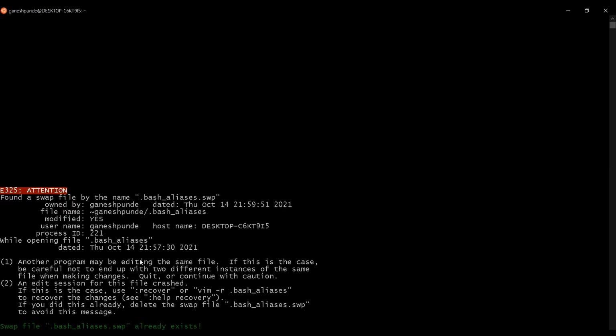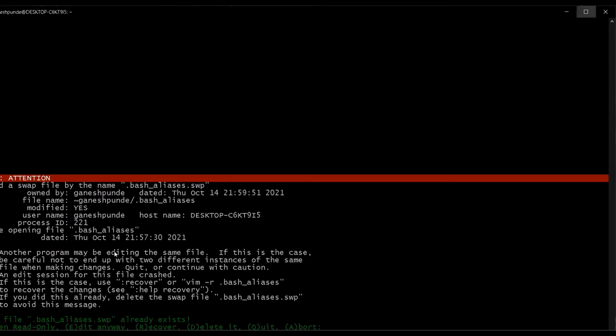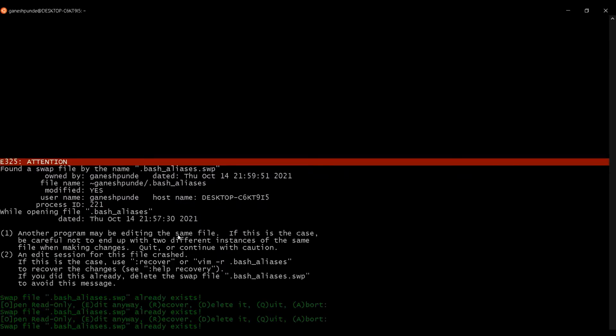Okay, so it says the file is already created. Basically, the last session we closed abruptly, so there is already a file that exists. It says another program is editing the same file. If this is the case, be careful not to end up with two different instances of the same file when making changes.